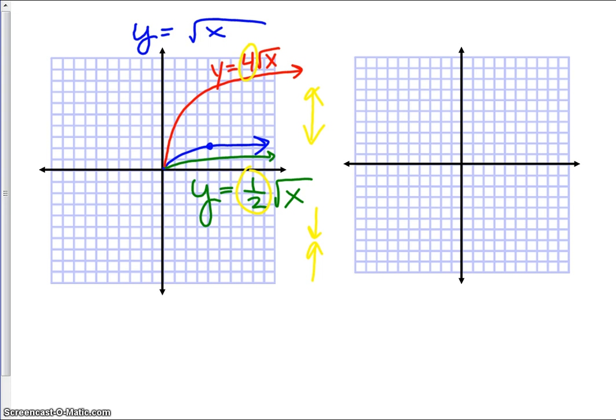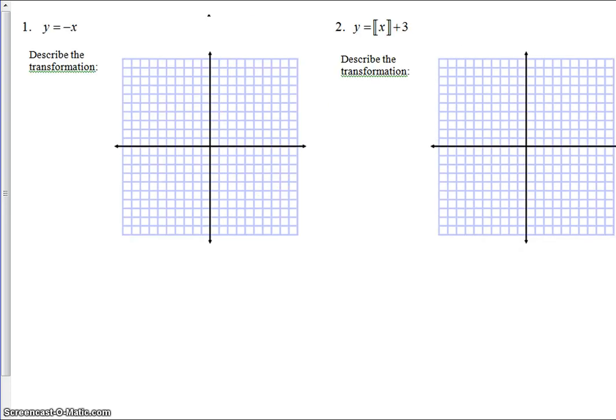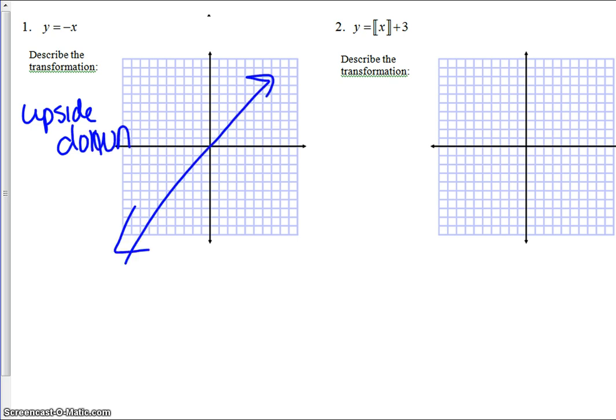Let's look at some examples of this. So here it says, describe the transformation. With this one, this negative is simply going upside down. So where the parent function would be like this, all right, it's just kind of rotating that parent function, and it would just be kind of the opposite or upside down. So if I flip that upside down, I'd have